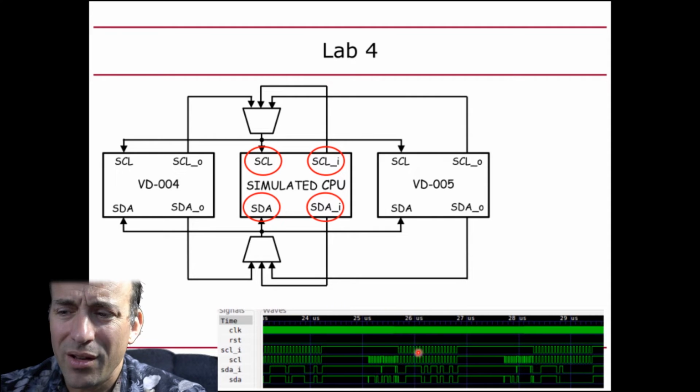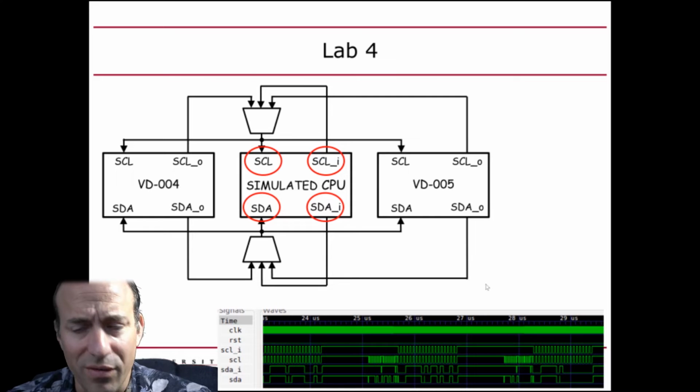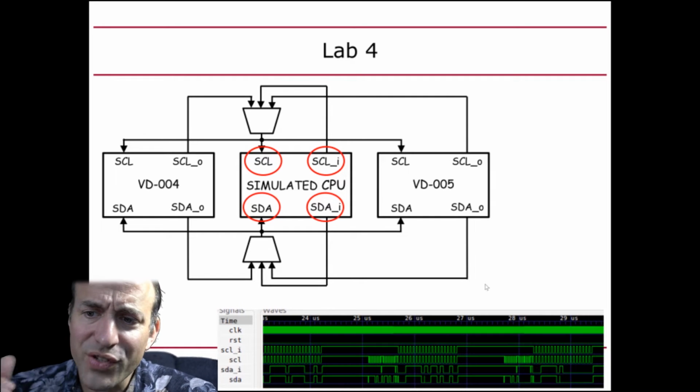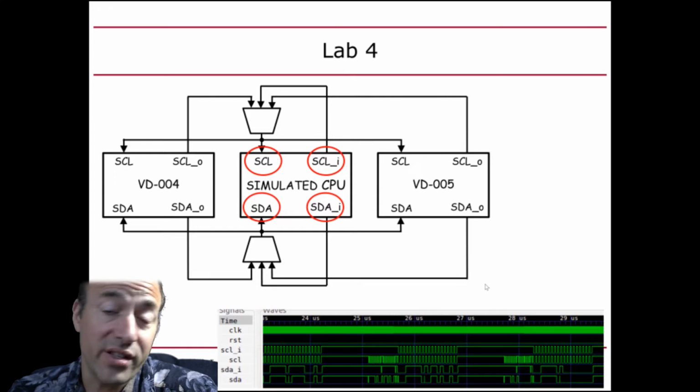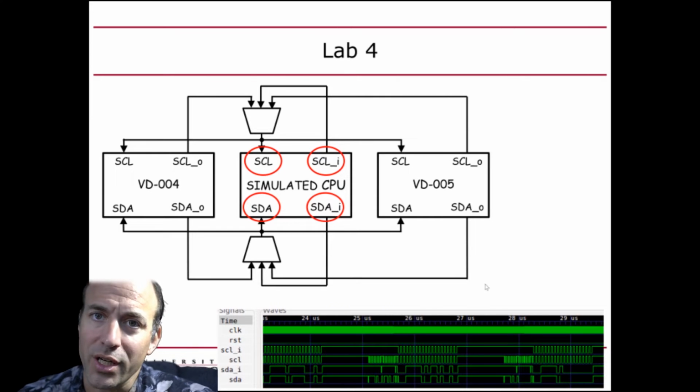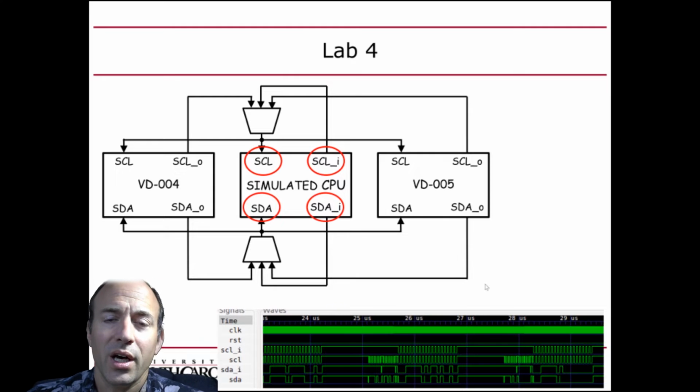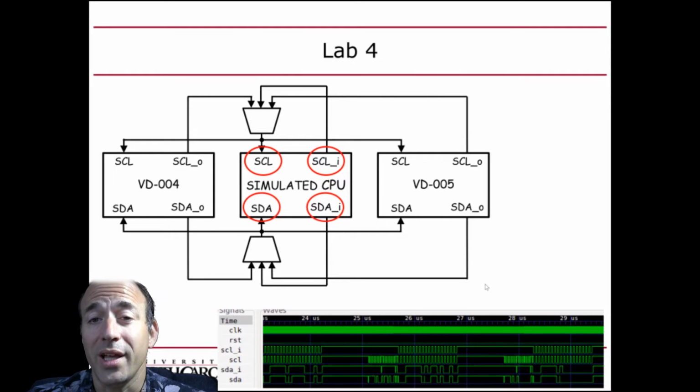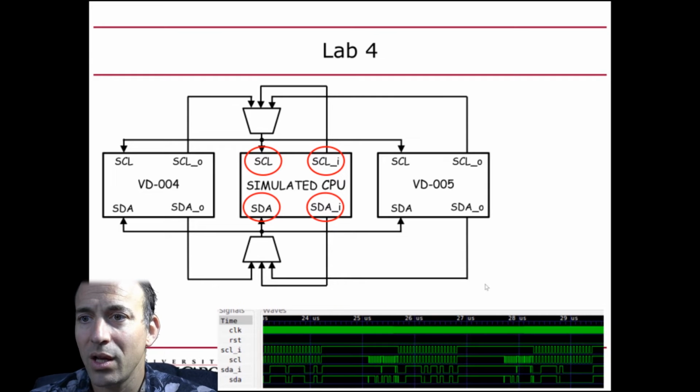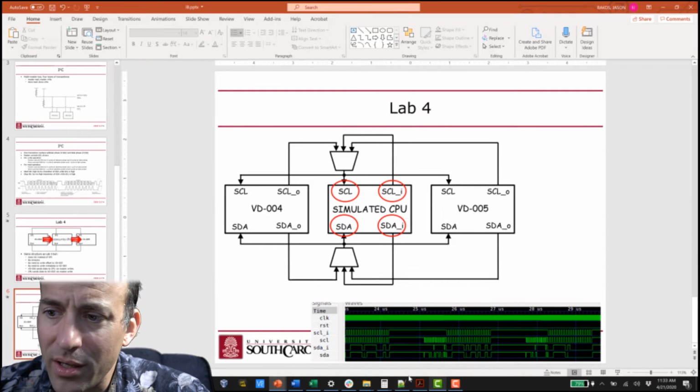I mention this because I don't want this to confuse you. SCL and SDA are the actual bus. The underscore I version represents the output of the CPU, your simulated CPU. So again, if the CPU is in control, you'll see a match between those. If the CPU is not in control of one or both of the wires, then there'll be a mismatch between what the CPU is outputting and what you're seeing on the official bus, which is SDA and SCL. Okay, so that's a quick